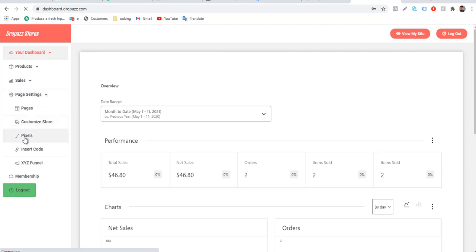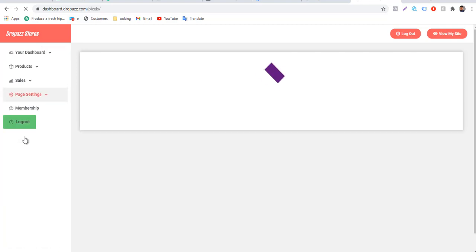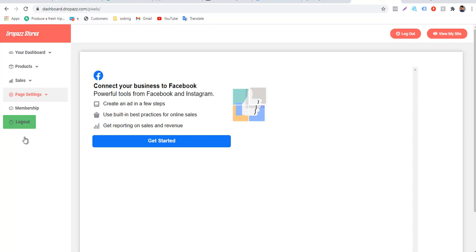Now, page settings, and there is what I call pixels right here. The way we solve this Facebook aggregated data problem here is also a way for you to create a business manager for yourself, not an ad account but a business manager, that can give you access to multiple ad accounts. I already have my Facebook account open here. So make sure you are logged into your Facebook account